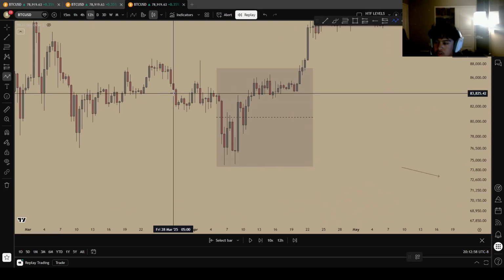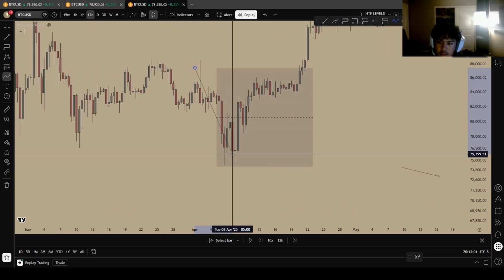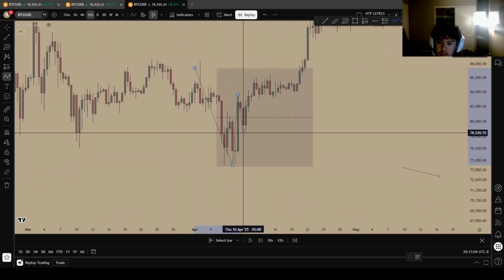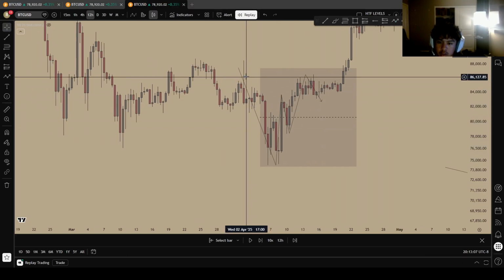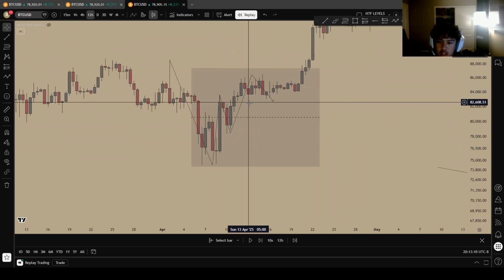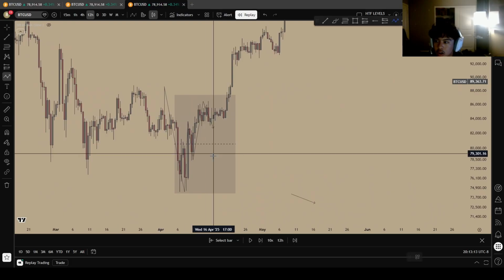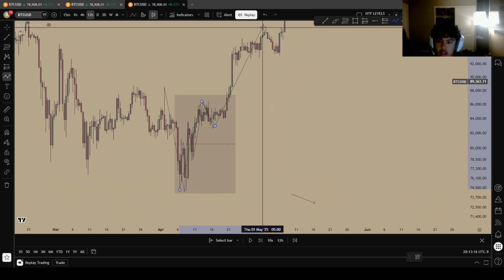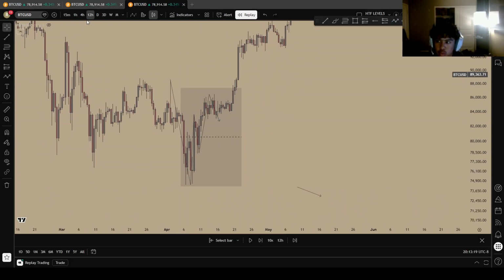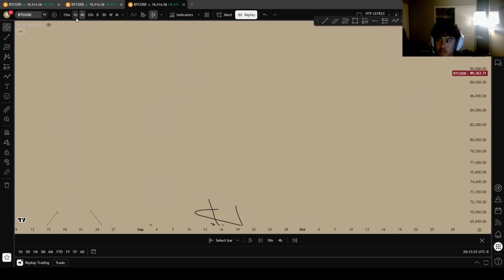So the path tool, right? We have a high that's established, a low, a high, a low, a high, and a low. I don't know if you guys can see that. It might be a little confusing because you're not used to this, because you might be thinking, oh, this is a low, high, low, high, low. No, if you go down to a lower time frame, to a low enough time frame, let's go even the 1 hour time frame,